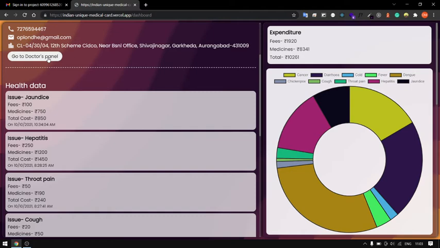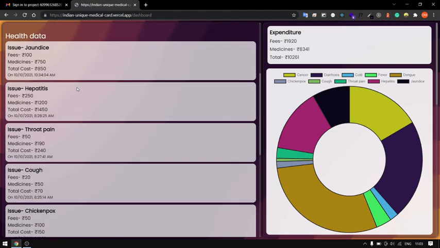After that, the health data is given below for the user, for the patient whose account this is. The health data is a collection, basically a JavaScript object, and I am populating that data on the card.